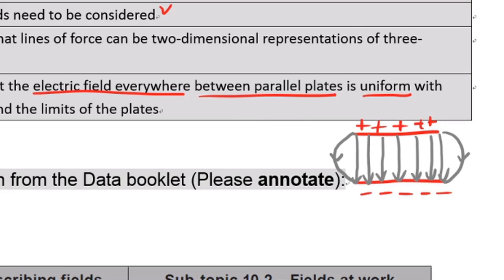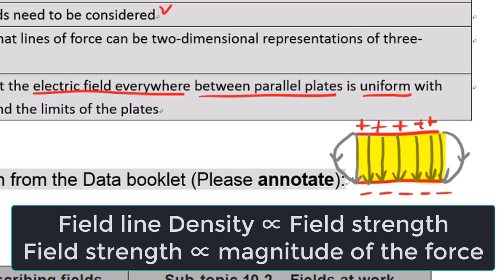And the most important idea is within the middle region, the core region in the middle, since the field line density is proportional to the field strength, and field strength is proportional to the force. So that means if you have a charged object, for example an electron, if it is here, if it is here, if it is here, the force is going to be the same in